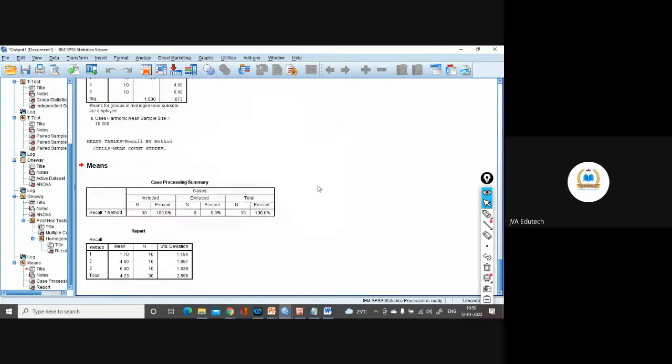Okay, and you can say that the mean value of group 1 is 1.7, group 2 is 4.6, group 3 is 6.4. You can see the difference between 1 and 2, but it is not significant from this table. However, the difference between group 2 and 3, though less, is significant. You can report this also.